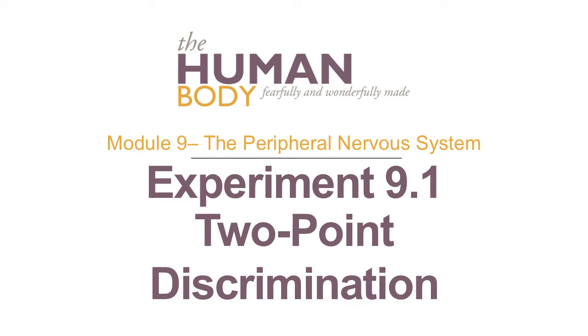Module 9, the peripheral nervous system. Experiment 9.1, two-point discrimination. In this experiment, we're going to explore the density of skin receptors that you have in your skin. And the density of those receptors, including the Meissner's corpuscles, help you to be able to determine what kind of